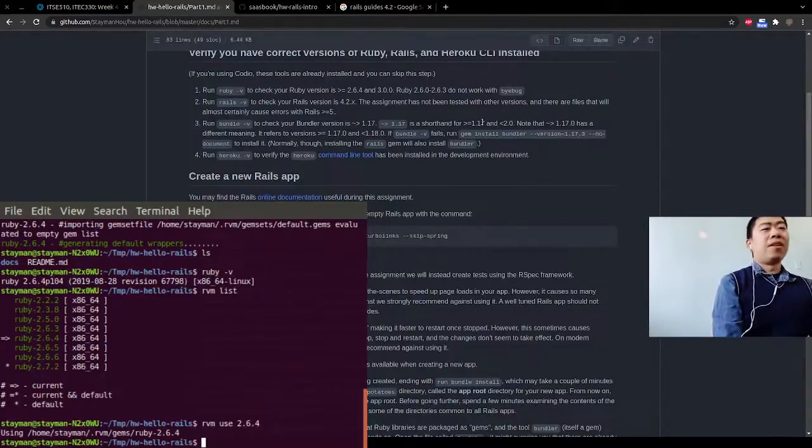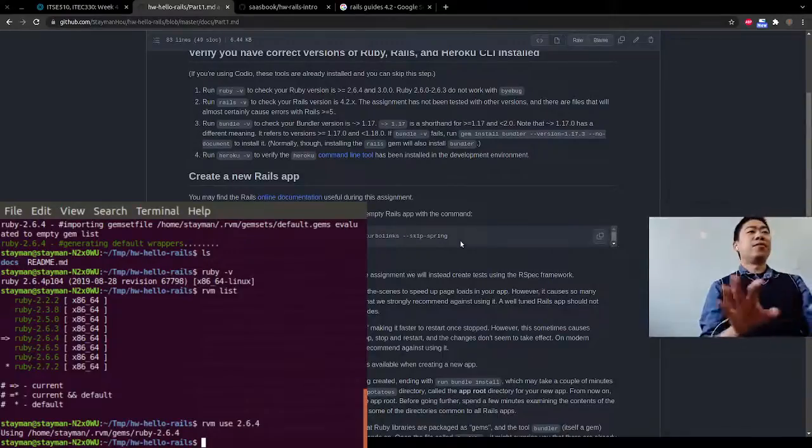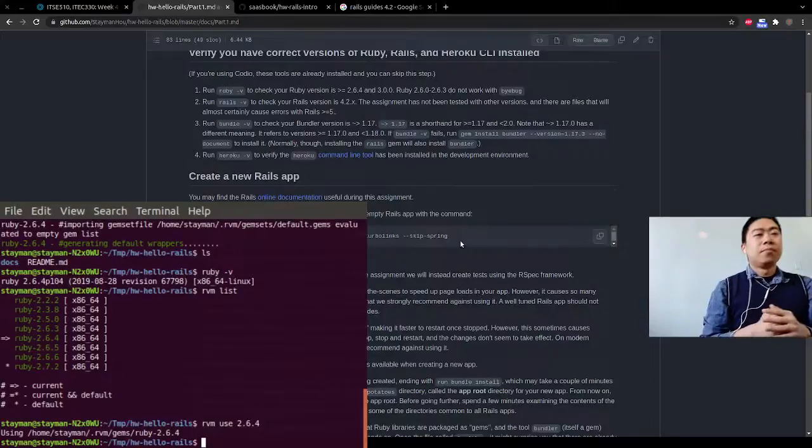Now it's already 6, and even if it's not the latest version, most likely you will have Rails 5. So in order to use Rails 4, although the Gemfile will handle the right versions for you, meaning including the right versions of the gems